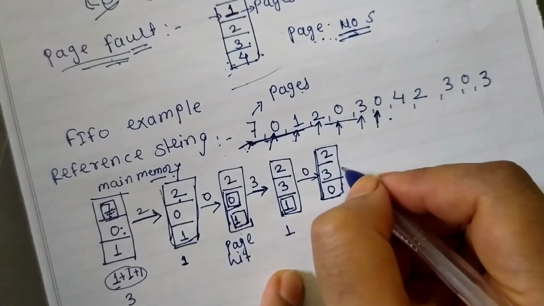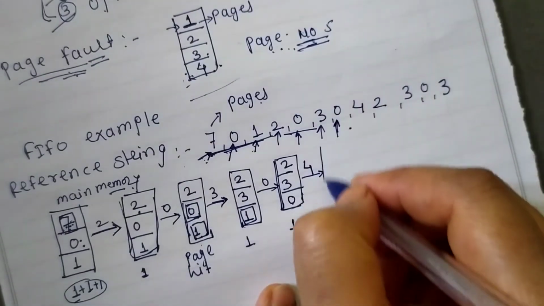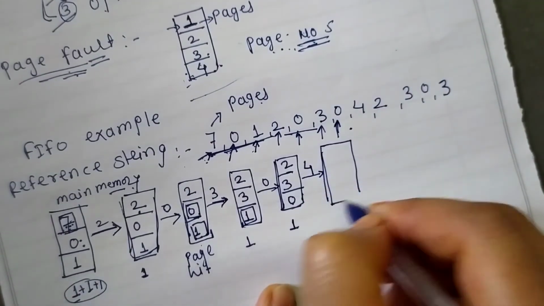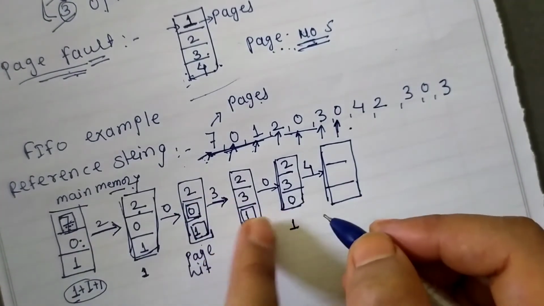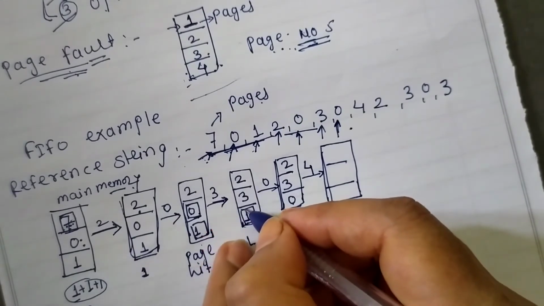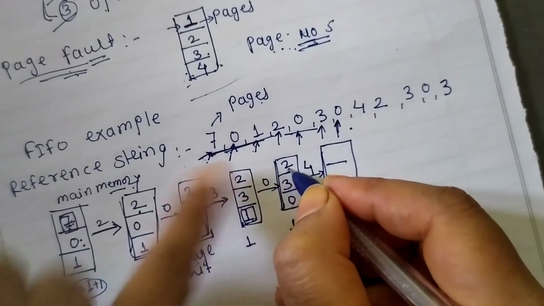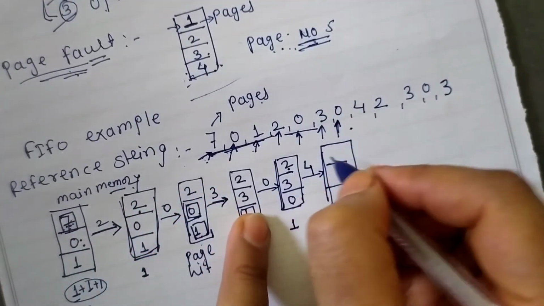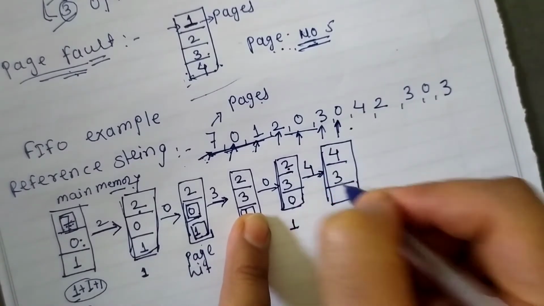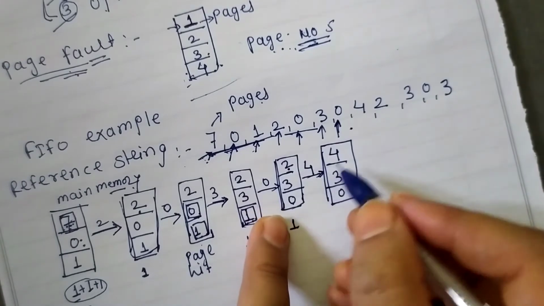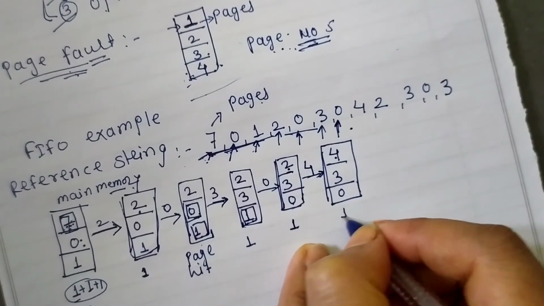Now one page fault occurred for storing 0. Now next I have to enter 4 here. 4 is not available in the main memory, so we have to make place for page number 4. Lastly we have replaced 1. After this one we entered 2 over here, so we have to replace 2. For storing 4, I will store 4 here, then 3 as it is and then 0 as it is. For storing page number 4, we got one page fault.